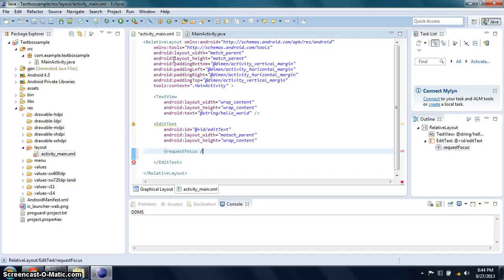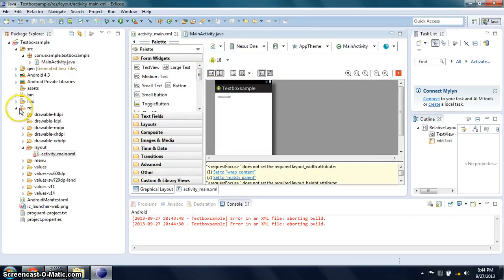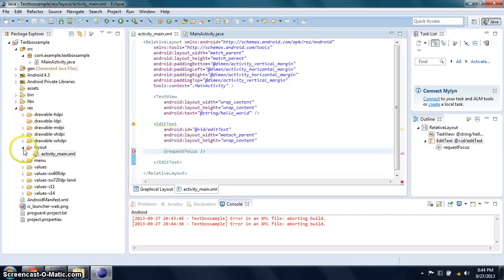The next thing to do is to add a button and a password component. To do that, you need to go to the res, then layout, then main.